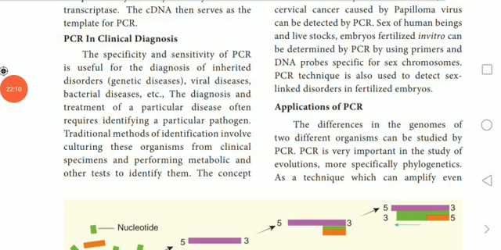The PCR technique is also used for the amplification of RNA, in which case it is referred to as reverse transcription PCR. In this process, the RNA molecules, that is mRNA, must be converted to complementary DNA by the enzyme reverse transcriptase. The cDNA then serves as a template for PCR. So this is the PCR technique. Artificially, the infecting pathogen's DNA can be manufactured with the help of PCR techniques.